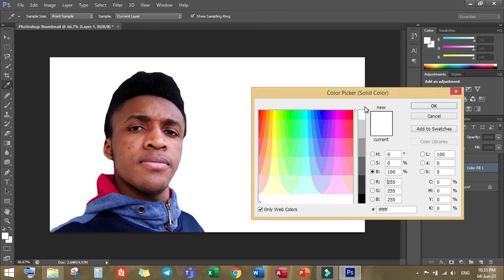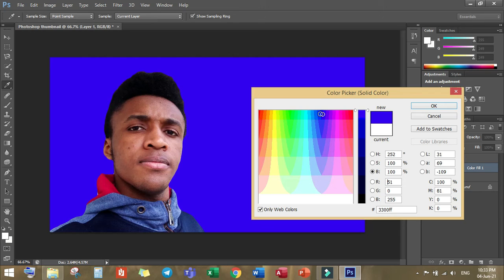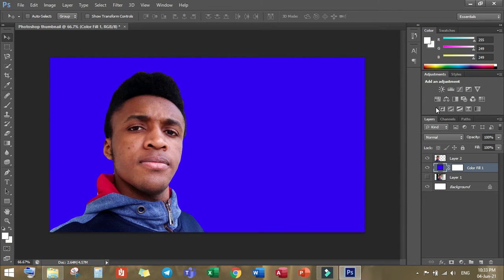Let's go with a nice blue color. I'm going to go with a nice blue color here. So now the picture is beginning to look beautiful as I've added this blue color. So next thing to do is we're gonna make the picture stand out from the background. In order to do that, you have to click on the